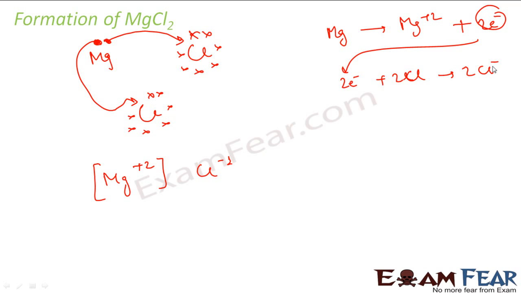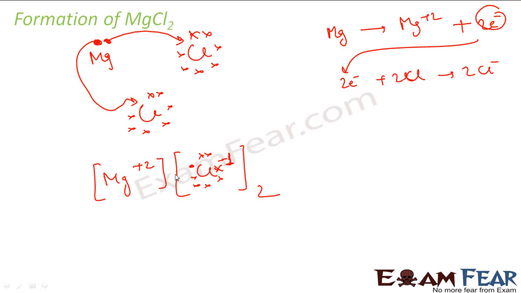Chlorine has minus 1 charge actually, if you see, right? 1, 2, 3, 4, 5, 6, 7 and 1 extra electron is got, and there are 2 chlorine atoms. MgCl will be represented like this. Please don't put a minus 2 charge here. Chlorine has only minus 1 charge, and there are 2